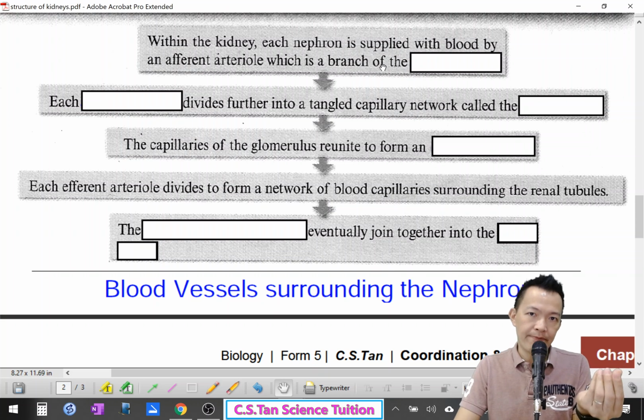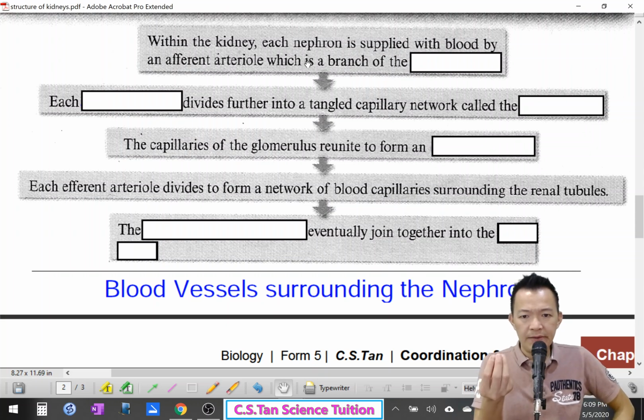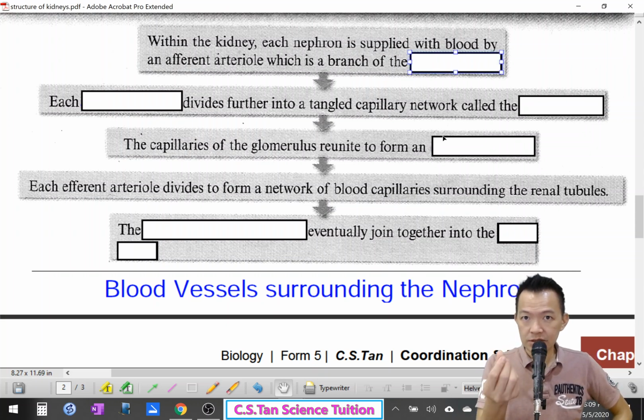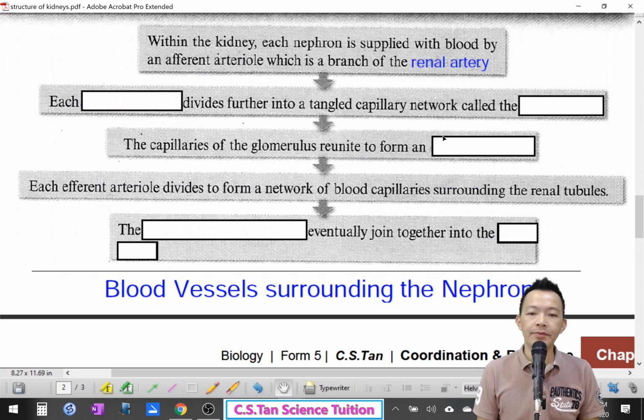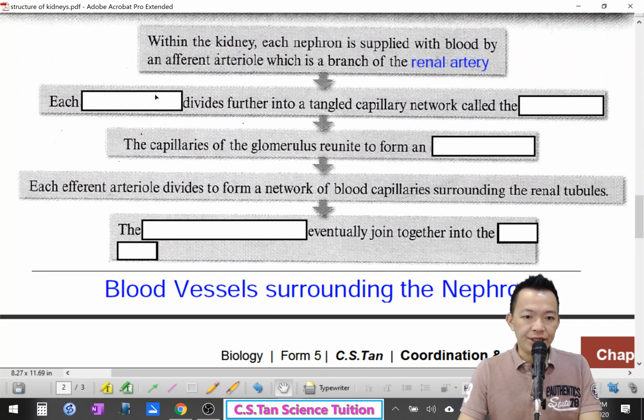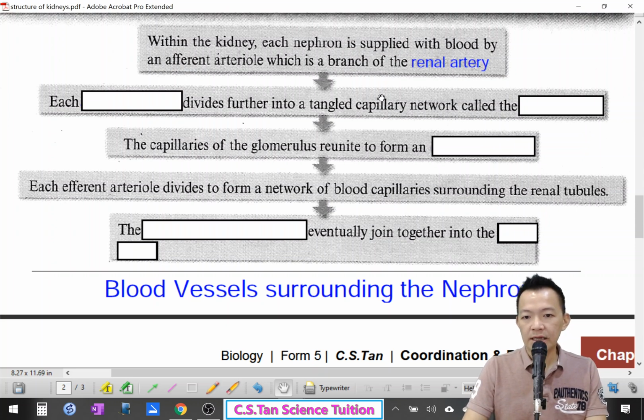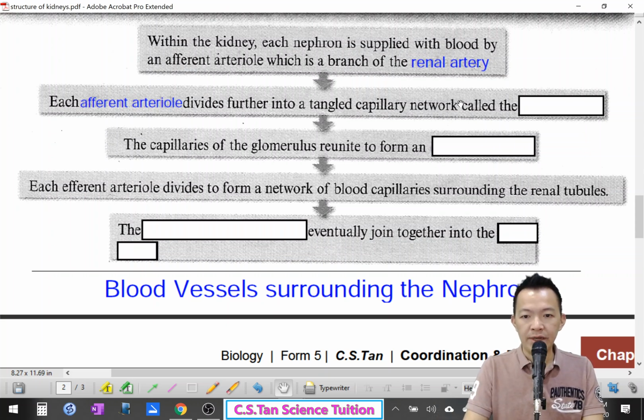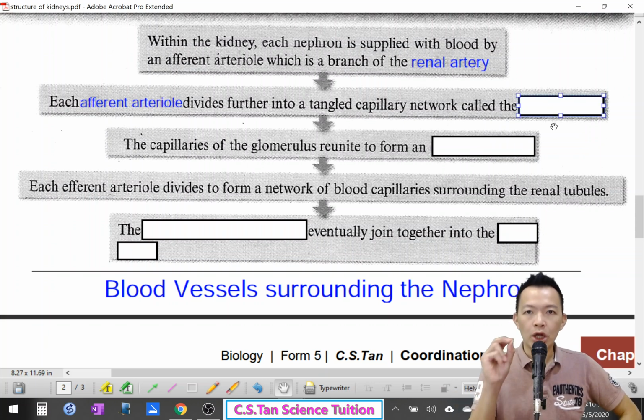So where the kidney gets the blood supply, it comes from the afferent arteriole 进来的小动脉, which is a branch of the renal artery 啦，它就是我们的肾动脉的其中一个分叉来. Okay, and each one divides further into the tangled capillary network. So each afferent arteriole 这些进来的小动脉 divides further into a tangled capillary network 变成再次分解变成一大堆缠绕着的 blood capillary network,